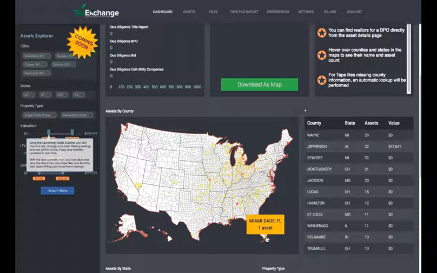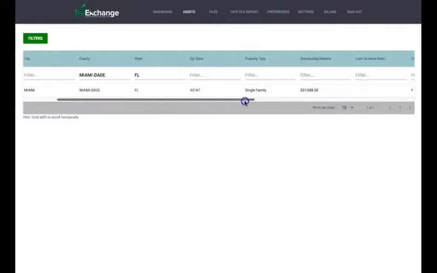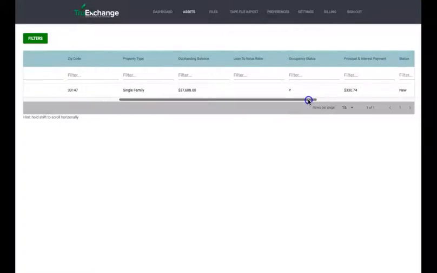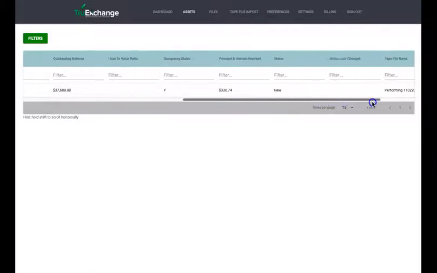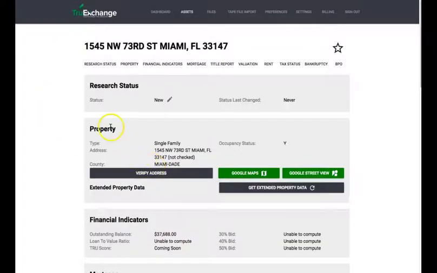The beautiful thing about this is I can click on that and it pulls up the asset that's located there, with some basic information about it. Single family home, $37,000. It's occupied, principal interest, and just some basic information. If I click on it there, this is the actual detail page that I wanted to share with you guys. This here is where you're going to get all your data from. One of the first things I've seen, and I wanted to bring some value here, is I have a lot of invalid addresses, and I wanted to share